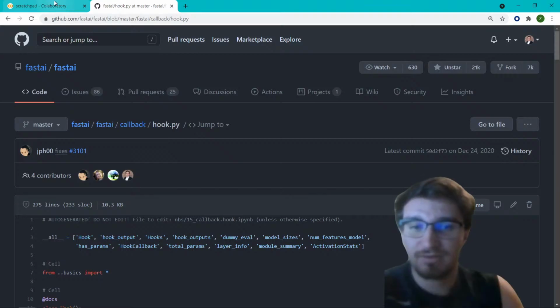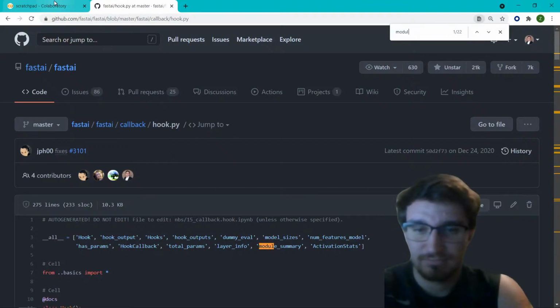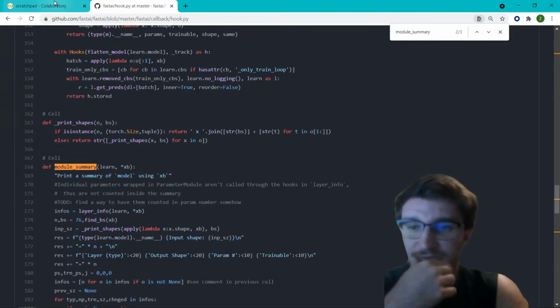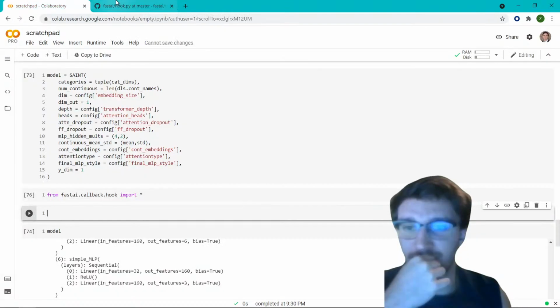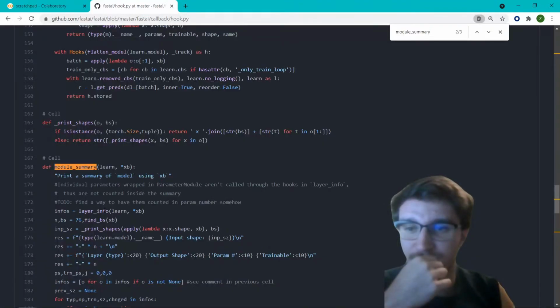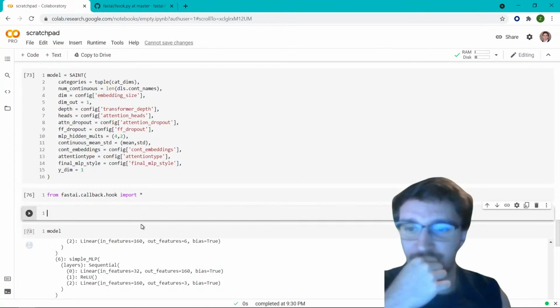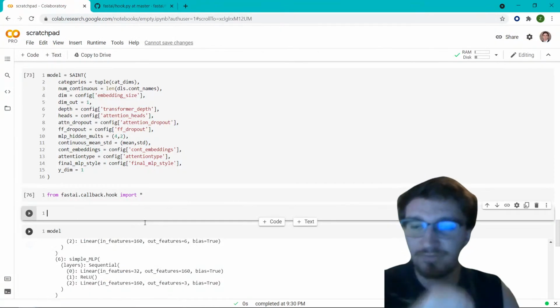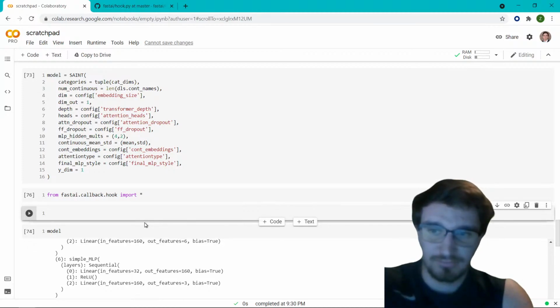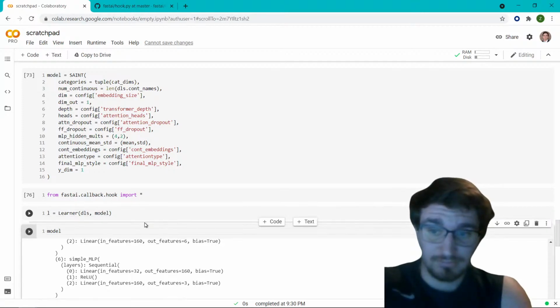So I think it's module summary. All right, so layer info. Let's see if this works. Learn equals Learner, DLS, model. Hypothetically, if nothing kills me,